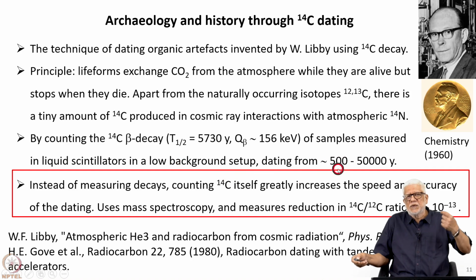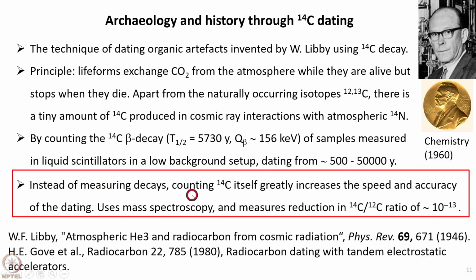So basically, if you know the carbon 14 content, then you can date an object between about 500 years to 50,000 years. Of course, instead of measuring decays, you can also count the carbon 14 itself. This greatly increases the speed and accuracy of the dating. This is done using either tandem machines or, very recently, ion source plus charge exchange, using